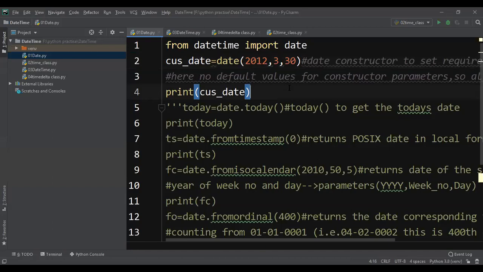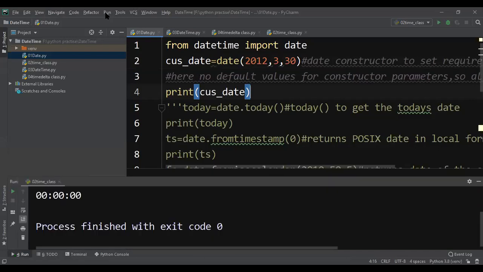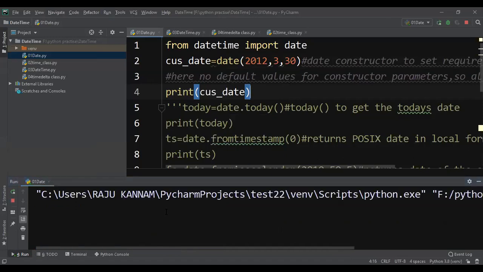Before executing, since I'm executing for the first time, I have to go to run. Which program? Here multiple programs are there. One date program, right? Now see here, the date is printed in the corresponding format.